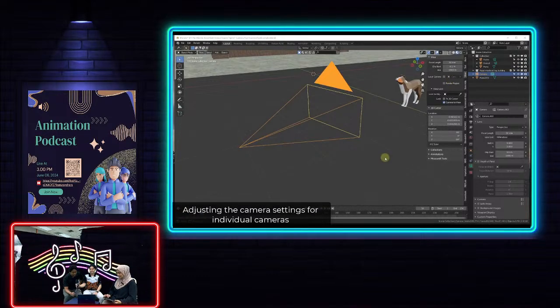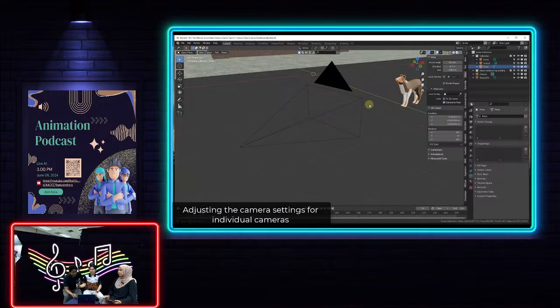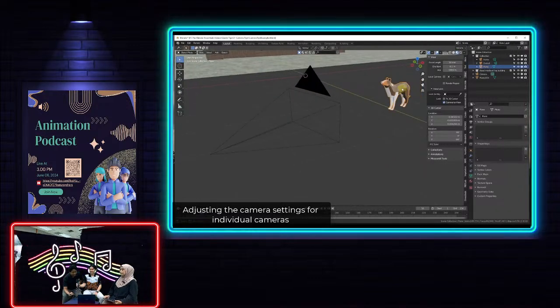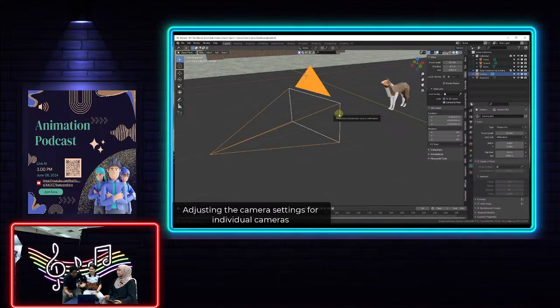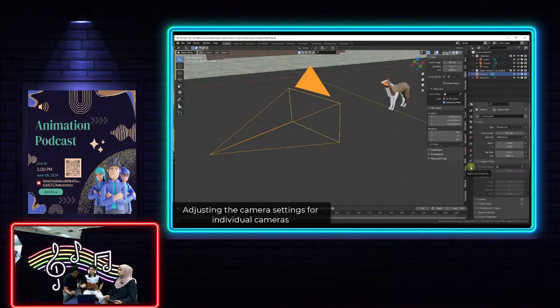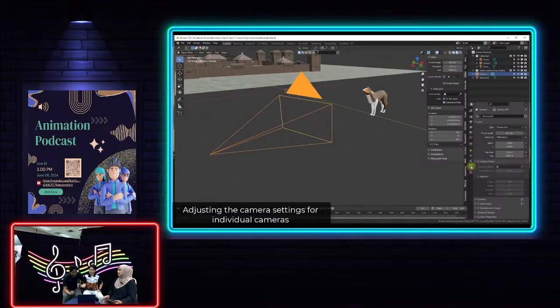And this actually acts as an object in the 3D space. So let's say that I was to go to the top view like this and use the move tool in order to move this around. If I tap G and move this, you can see I can move this in the 3D space. In addition, I can also do things like rotating the camera in 3D space. You can also scale this as well. So you can use this basically like an object inside Blender, and we'll use that in the future to do things like animating cameras along paths, so that our